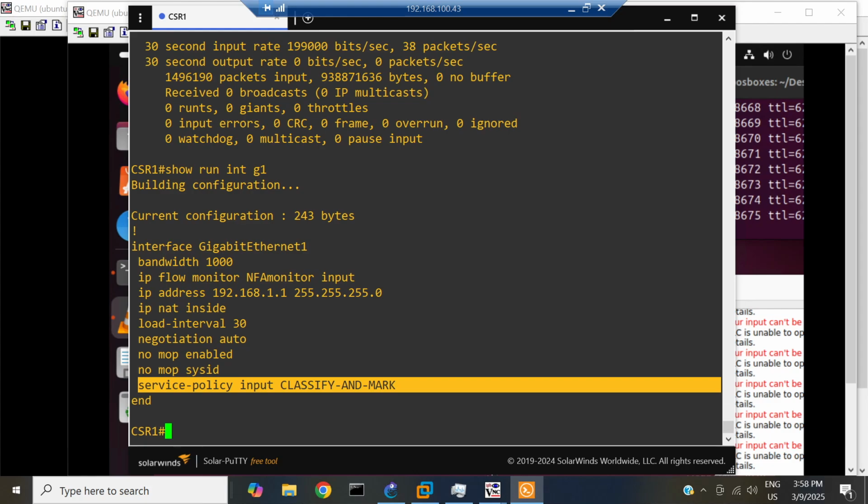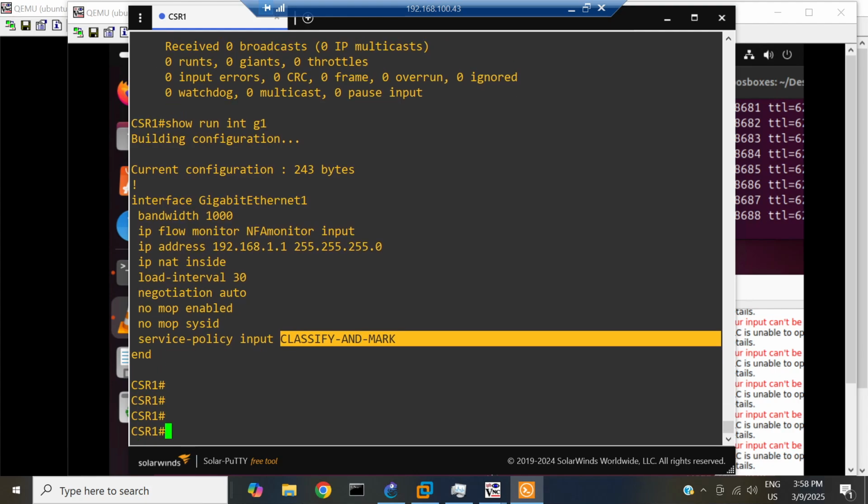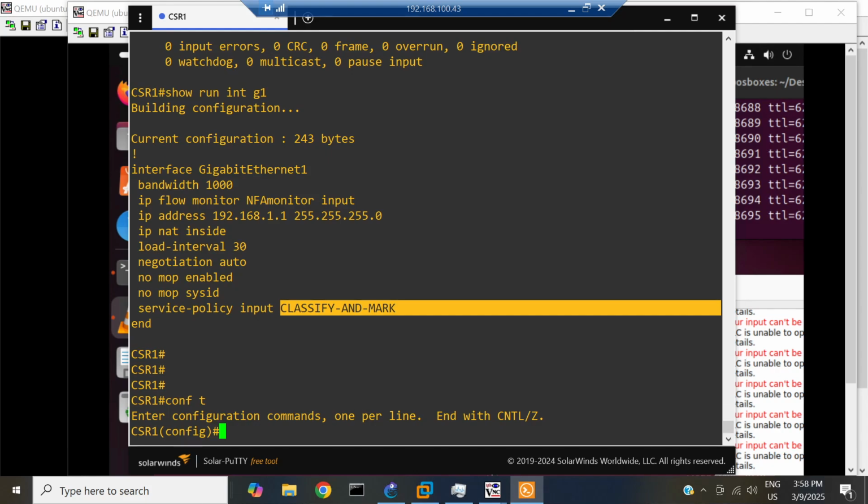I could do policing here as well. I am not doing that in order to make this clear, but policing is also available on the input. So I'm going to do queuing, priority queuing, and policing in the output. So I'm going to have to create my class maps,